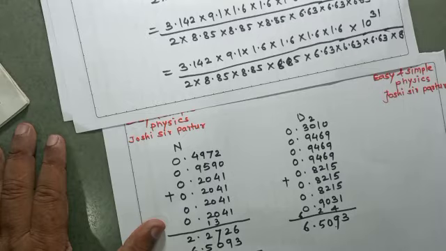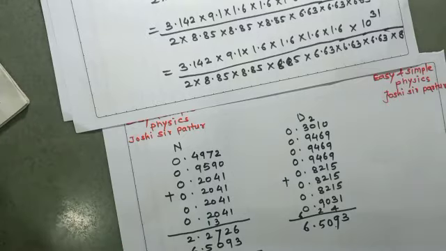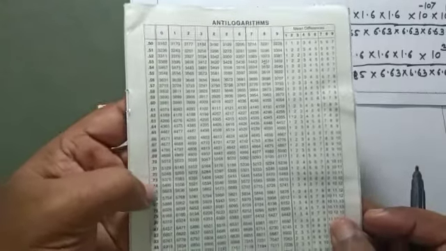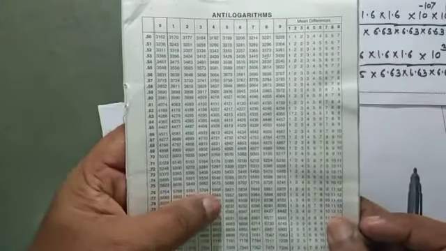Take its antilog. When we take the antilog of 0.76 in 3, and 3 is the mean difference, 0.76 in 3, that is